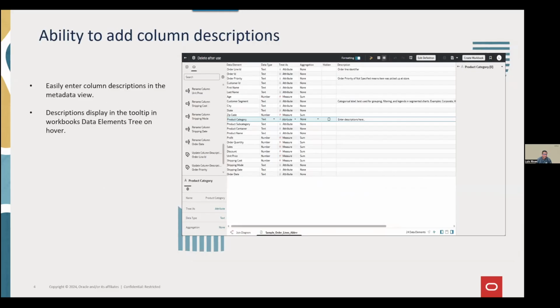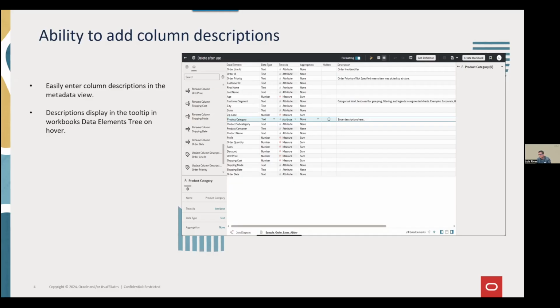And the last one is the ability for us to continue to improve the metadata, and this one is the ability to add column descriptions. Again, for this example, I haven't added a description for every single column. The recommendation is that you add descriptions for columns that need explanation.